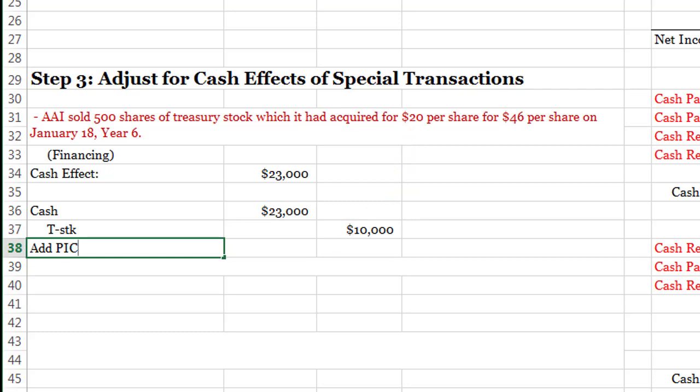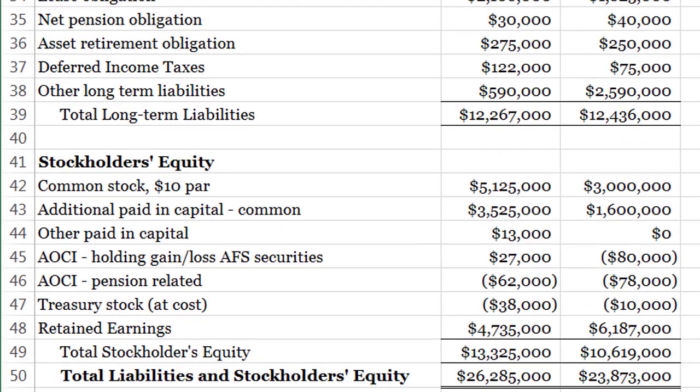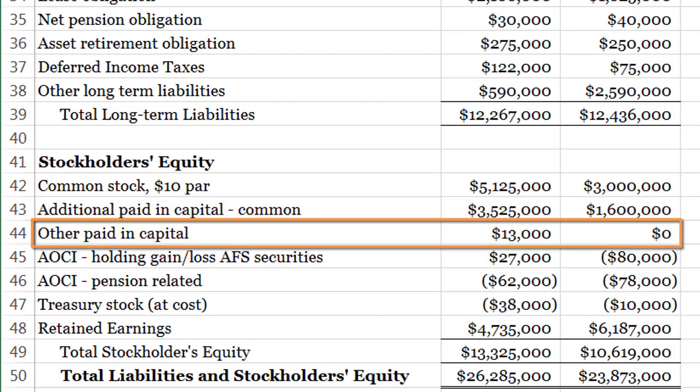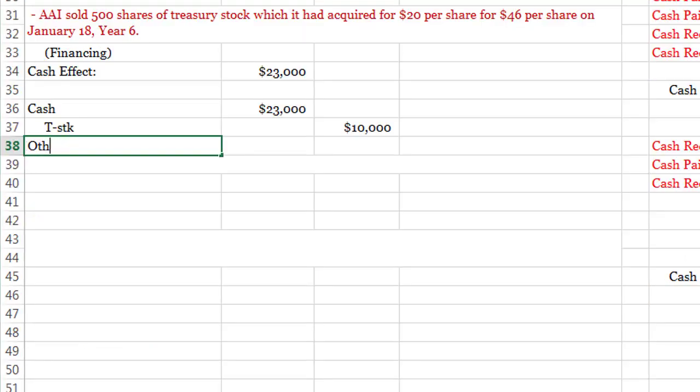Now, normally we'd use additional paid-in capital treasury stock, but I need to check and see for sure what this company calls it so that I can match it up with its balance sheet. So let's switch to the balance sheet, and it looks like they've got additional paid-in capital common stock, then they've got an other paid-in capital. And since I don't have a specific paid-in capital for treasury stock, it must be included in that other paid-in capital account. So other paid-in capital, and that would be for the difference